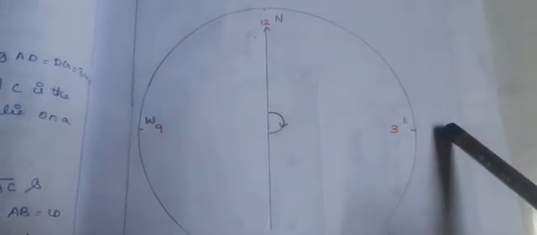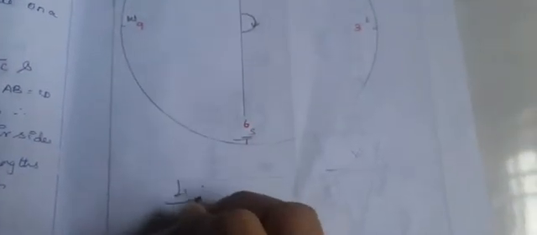So this forms a right angle. Where you just turn towards the right side from the north, in the clockwise direction, is said to be 1/4 of the revolution. I have already told you one complete revolution will have totally 4 right angles. So how many right angles will be there? 4 right angles are there for one complete revolution.